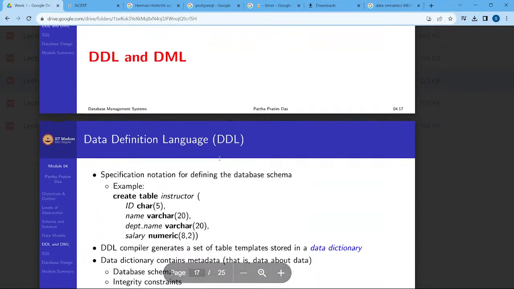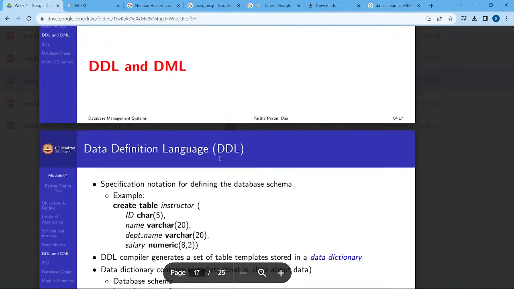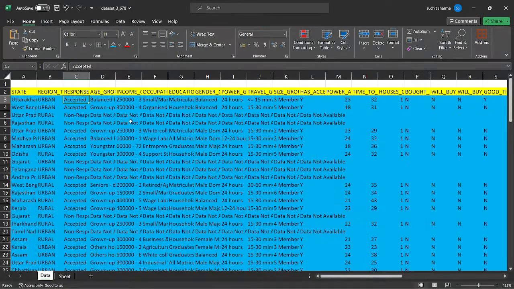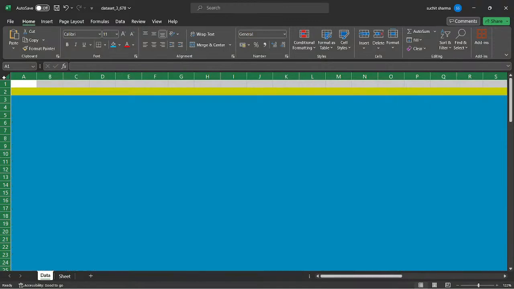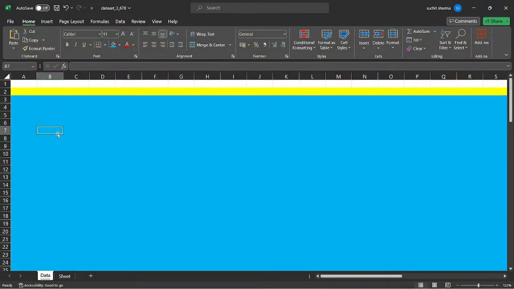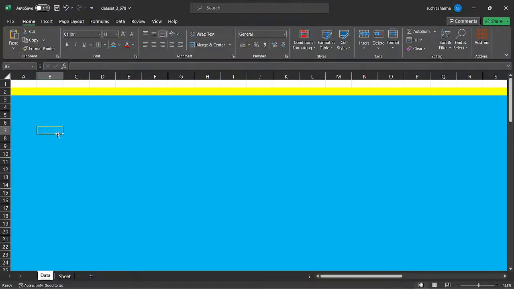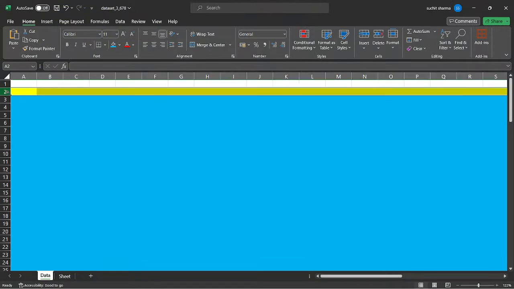Now let's dive into DDL and DML. So data definition language and data manipulation language. Once you have a database management system, you need two types of languages. One is definition language, that is formation of the table. Once you have nothing here, you need something to form a table. So the DDL would be used to form the table. It would add the schema as the heading. Then you start